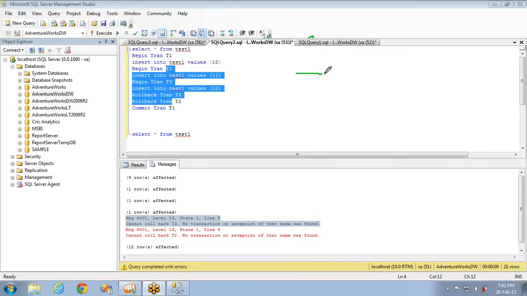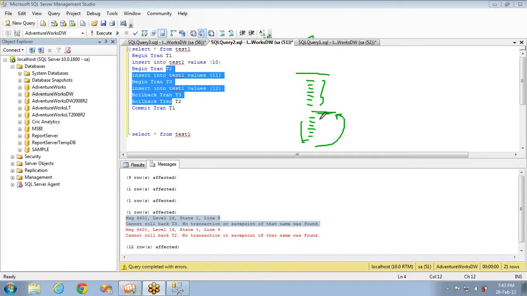Let's say you are opening a transaction here, and you have some insert statements. Let's say your job is to insert 100 records. After inserting 50 records, you have a save point here, and again 50 records. If there is any error in these 50, then you can roll back up to here. That means this is saved data. These changes will be applied, but it will roll back up to this point only. It won't roll back the complete transaction, that is, the start of the transaction. You can roll back to a particular portion of the transaction.